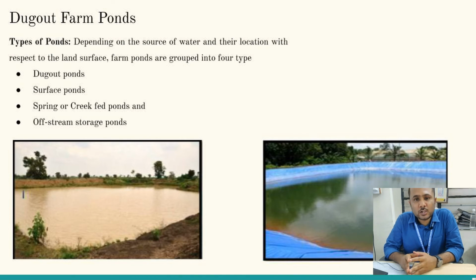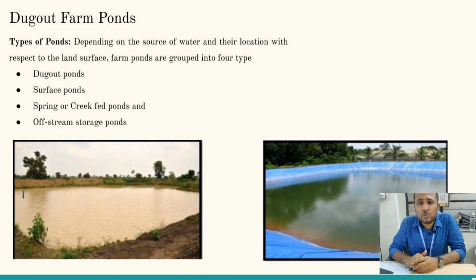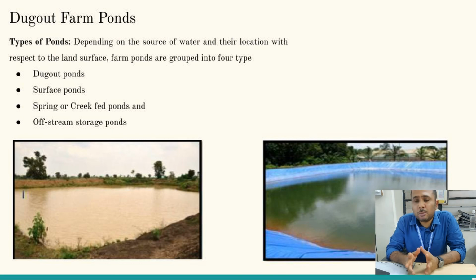First, we have already discussed the dugout pond. What we do is dig the surface of the soil. The second is the surface pond. What we do is construct embankments along the sides of our pond, and then store the water within that embankment. The third type are ponds that are fed from springs or wells, and the water is stored in those ponds. The last one is where water flowing in small streams is stored in small ponds that are constructed on the bank of the streams.